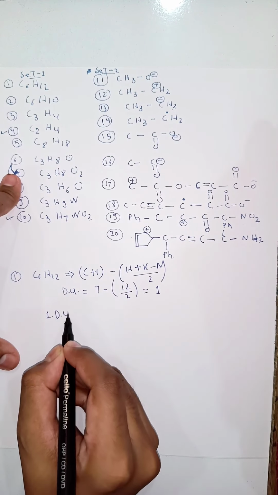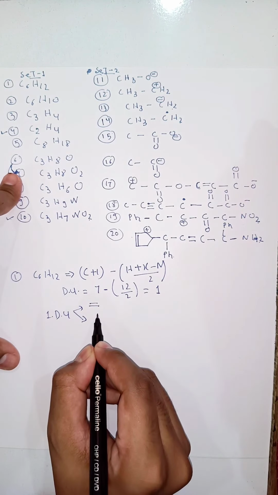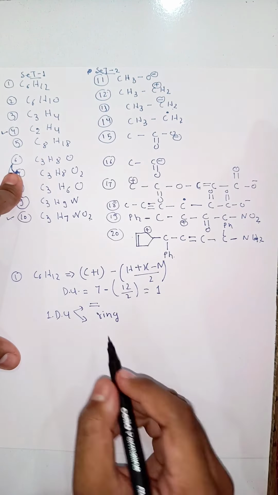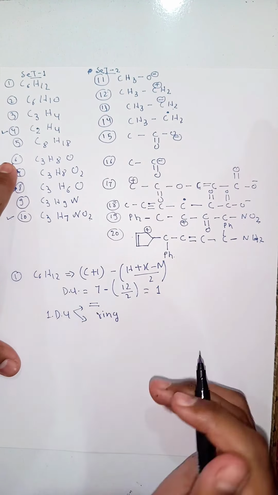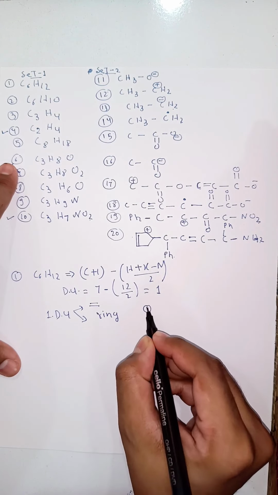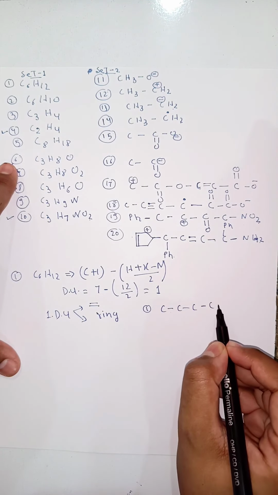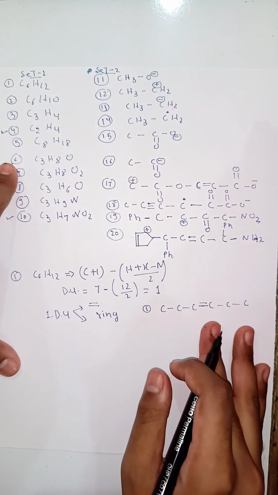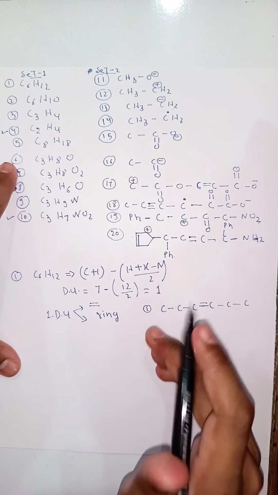1 DU means either a double bond or a ring. One ring or one double bond. Okay. So based on this I will be giving you an idea of the possible structure of this compound. But don't care about it for now, I am just giving an idea. The first structure which is possible is hexene, with a double bond. I have put the double bond here, you can put it anywhere, that will be counted in isomers actually, but I am giving you the structural idea only.